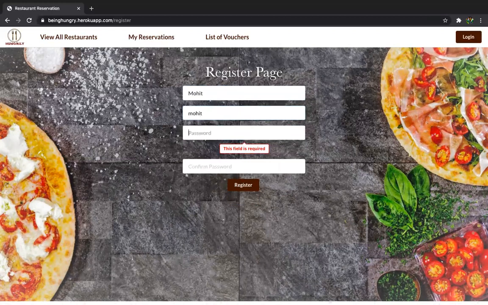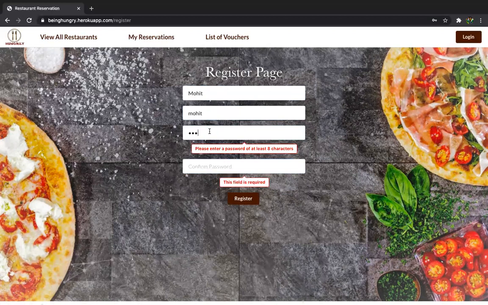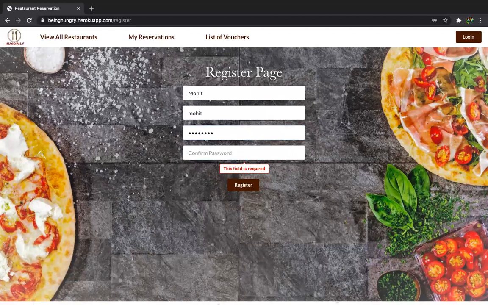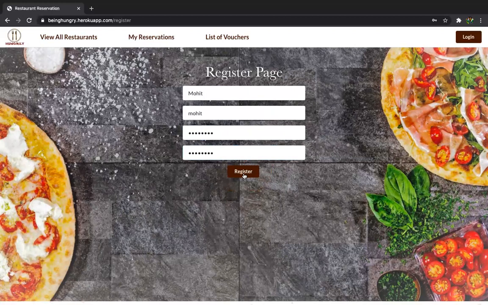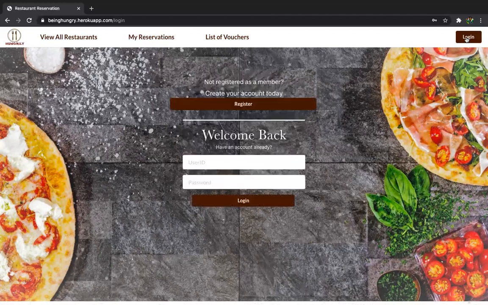Then for password, if I keep it very short, it will show the message: please enter a password of at least 8 characters. So 4, 5, 6, 7, 8, I'm using this. Then we have to confirm it. Username has already been taken, it has flashed the message. So now I can log in.